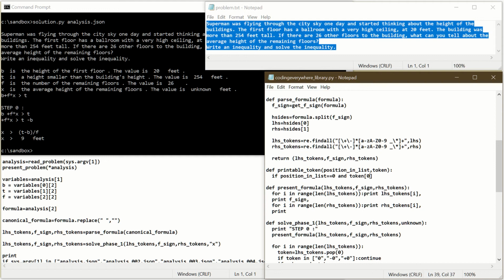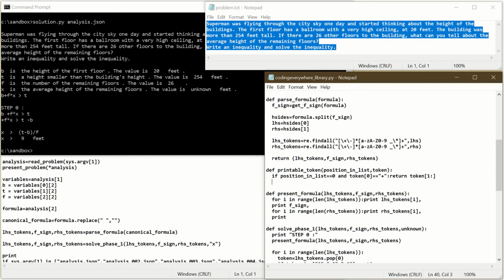which is at index 0, is equal to plus, so if it starts with a plus sign, I will say return token, everything starting from index 1. So index 1 is the second character in the token, so the plus at the beginning won't be returned. Okay, and else I will return the token as it is. Return token. Now, when I'm presenting the formula,